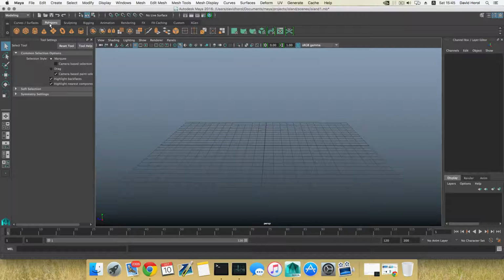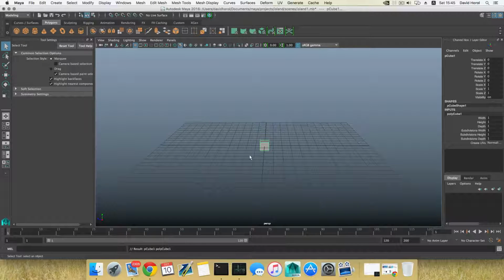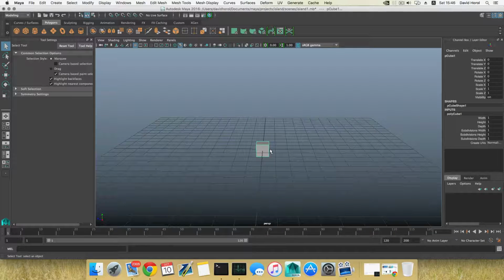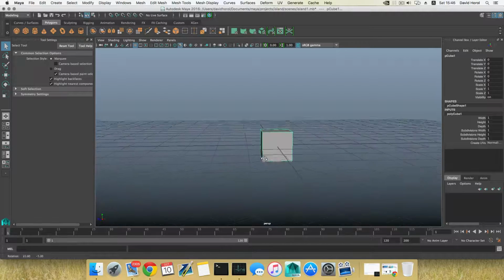Now, if you go over polygon and you click on this cube, it will drop instantly onto your screen there. What you want to do is modify this cube to make it look like an island. I'm not going to do an island on a sea. I'm going to create a floating island, and later on this can be used as a sea island. Okay, so what we're going to do here is take this and shift right